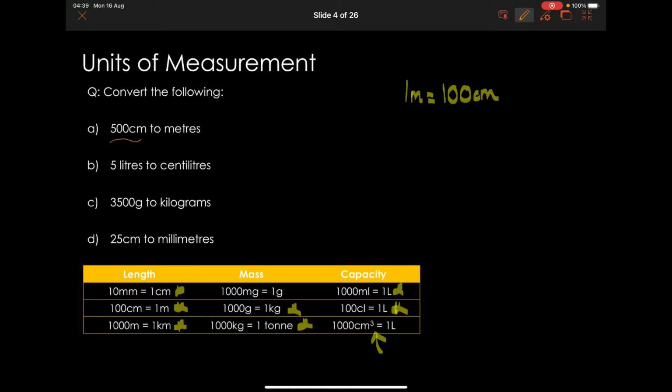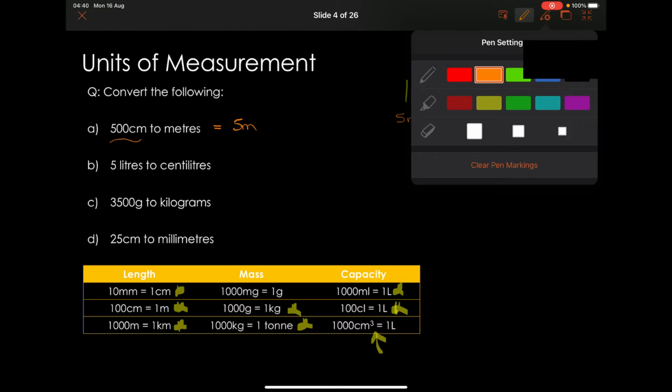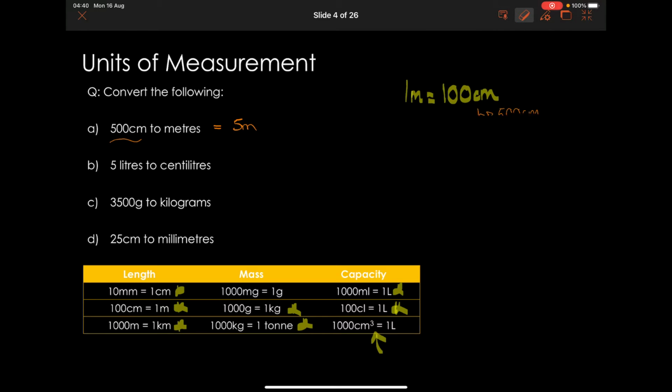Well, I've got 500 centimetres. Okay, so you can either use your common sense and think, well, I've got 500 of these, so that must mean 5 of these, because every time you get 1 metre, it's 100 centimetres. Well, I've got 500 centimetres, so that must be 5 metres. However, another way to think about this